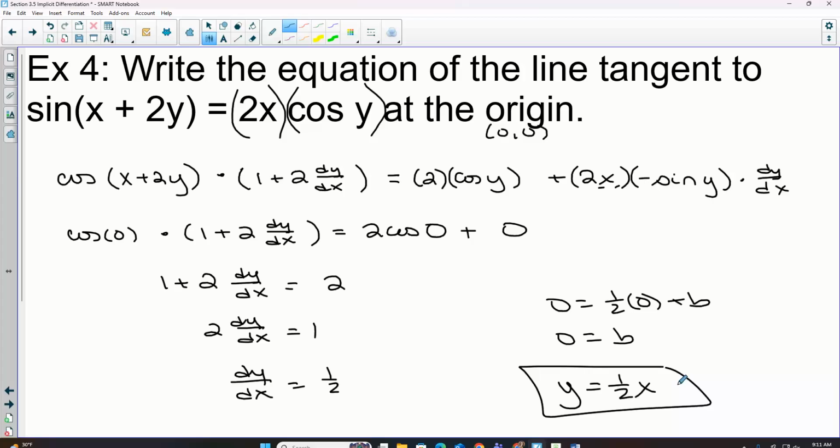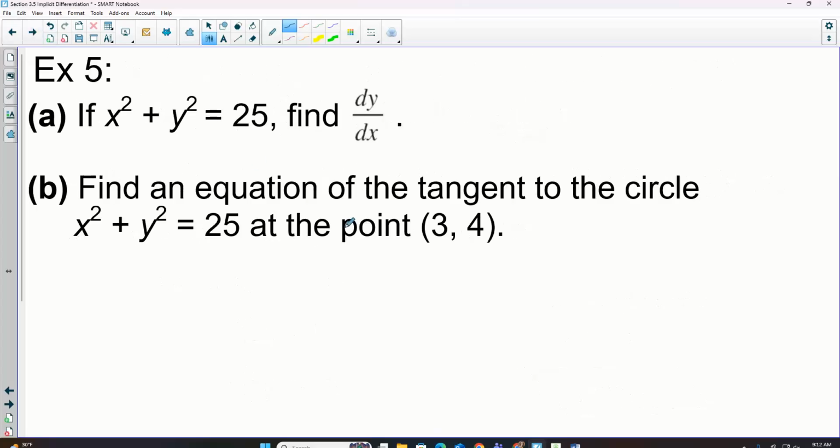Does everyone understand why it was okay for me to plug in x and y earlier on this problem? I want you guys to try a problem. Find the dy dx on this one, and then give me the equation of the tangent